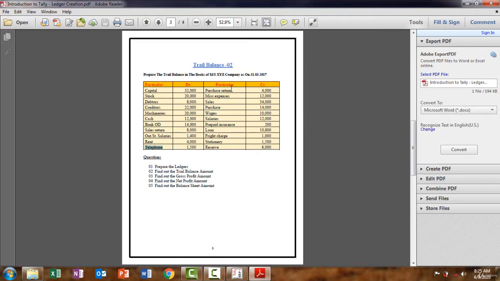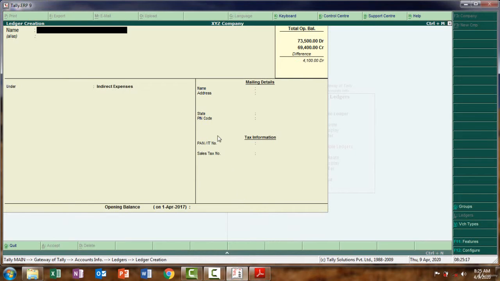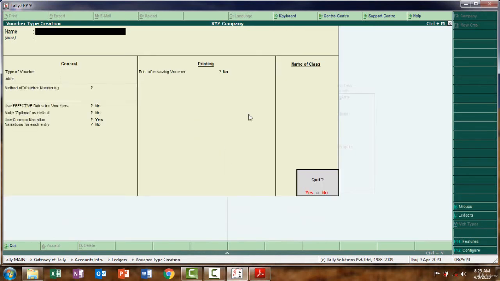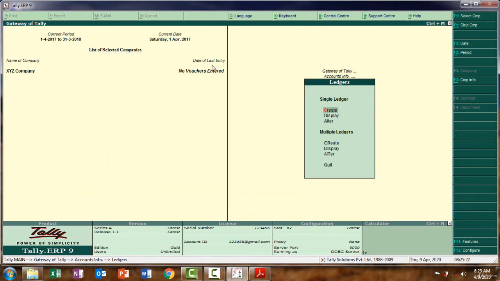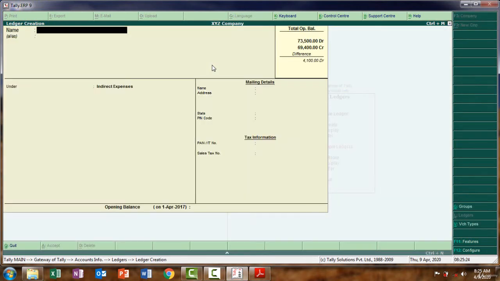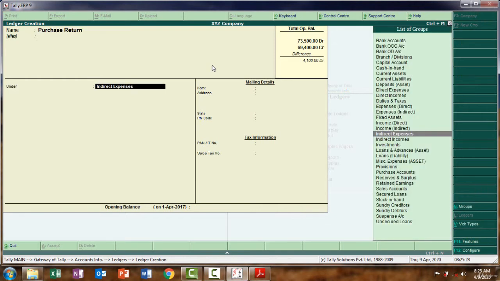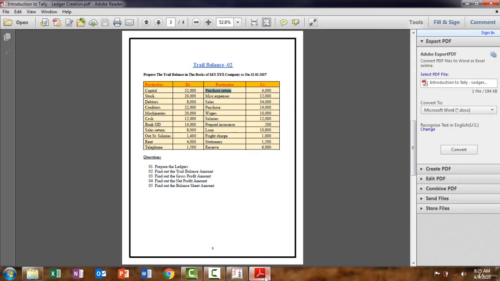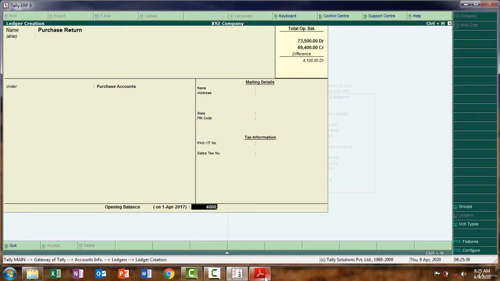The next one is purchase return. Purchase is debit, but purchase return is always credit, because we have to deduct it from the purchase account. So I'm going to type purchase return here, under the purchase account, and the amount is 4,000, but it should be credit. Purchase is always debit, but purchase return is always credit. And then yes,